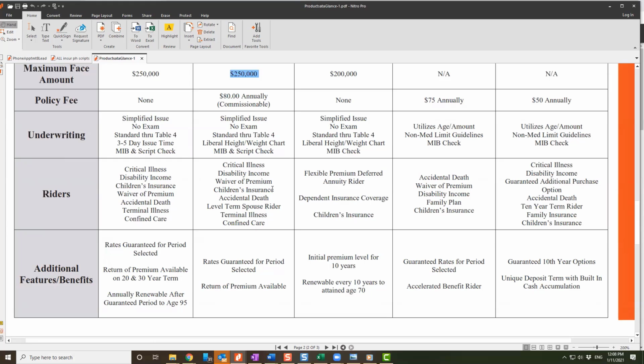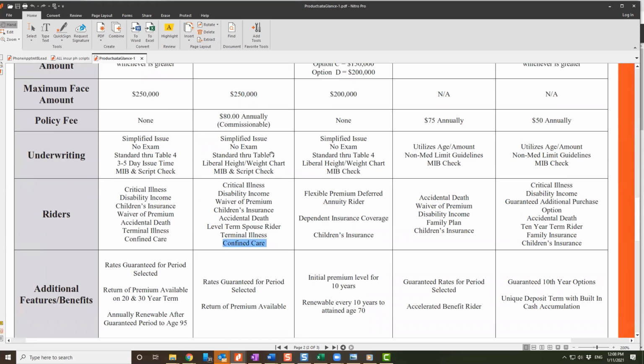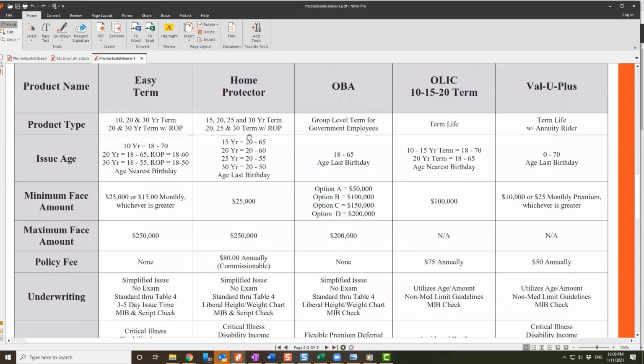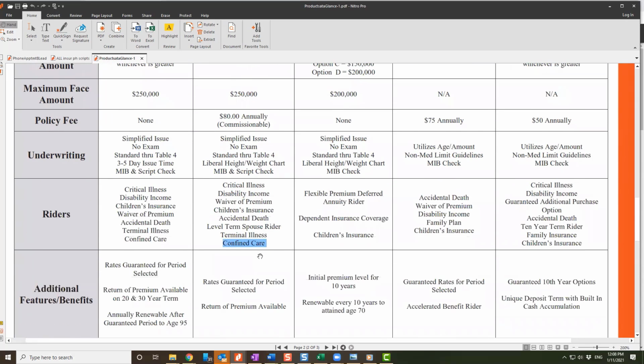We can add children insurance to it. We can add accidental death. We can add a spouse who it comes with terminal illness, confined care, and now chronic illness. Very simple breakdown. And all you got to know about this product is right here. That's it. There's no other questions that anybody can ask you that is not here, except, like I said, we